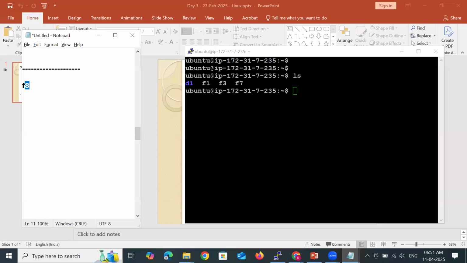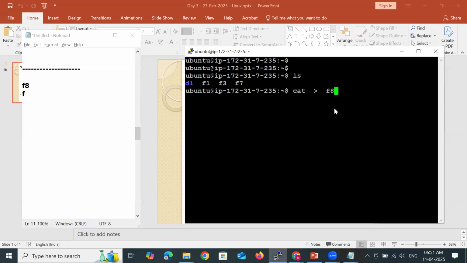So let me do that. cat greater than, and mention the file you want to create: F8. The file gets created. Let's say line 1, this is the content. Line 2, line 3, line 4, 5, line 6, line 7,